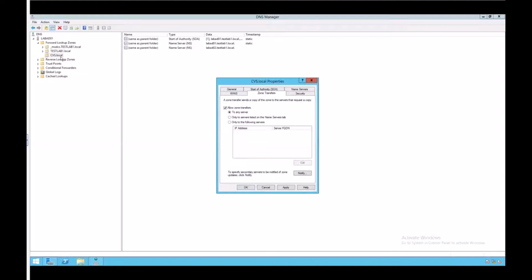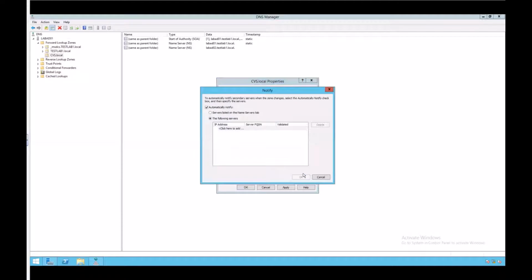And so we'll just do a .local, or if we do a .com, we'll stop it at the firewall. That's normally what happens. But to prevent those things from happening here, you actually want to go ahead and say only to the name servers here. Okay, and the notification tab here, down here at the bottom where it says notify, when you click on this